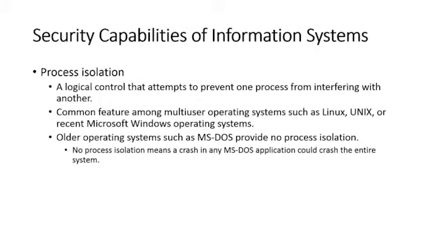We want to be able to recover from that. So we say, okay, you run in your little process space, you run in your little process space, you run in this one. So if this one crashes, dies, gets corrupted, whatever, it doesn't affect everybody else running on that processor. Same way with our memory that we just talked about. Now, no process isolation means a crash in any, say, MS-DOS application could crash the entire system, because MS-DOS, older operating system, we're reaching way back here, didn't have process isolation. And that was kind of a problem, because if one little thing crashed, it didn't matter what it was,